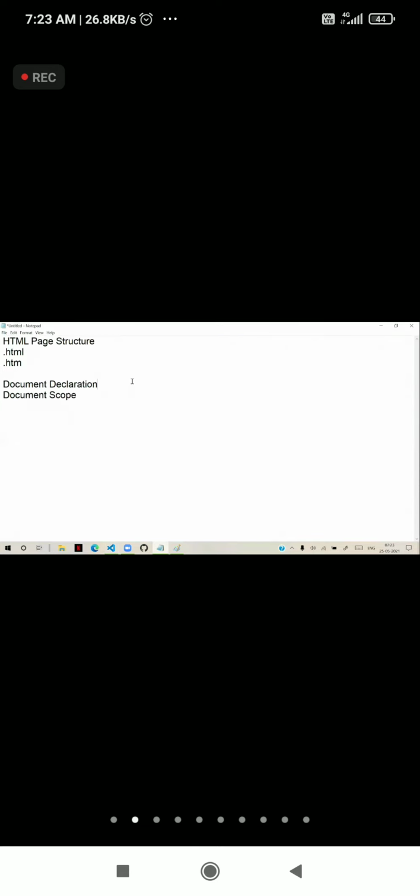What is the meaning of this declaration? If you write the document declaration doc type HTML, this indicates that you are using HTML version 5.